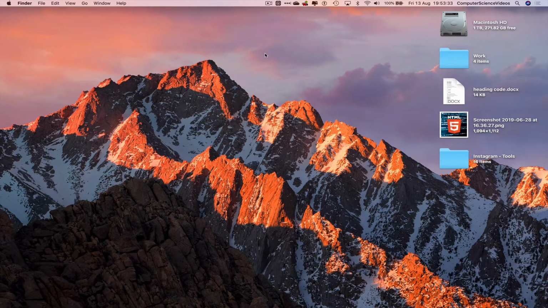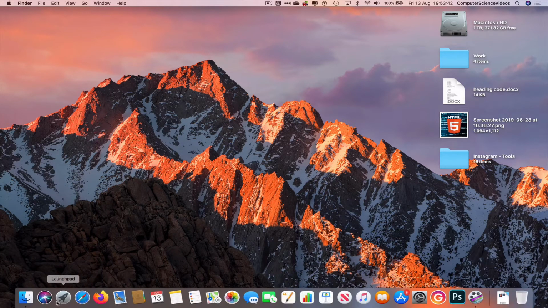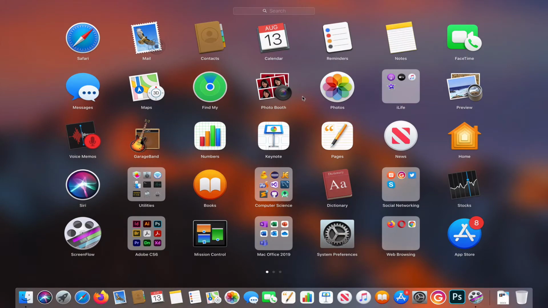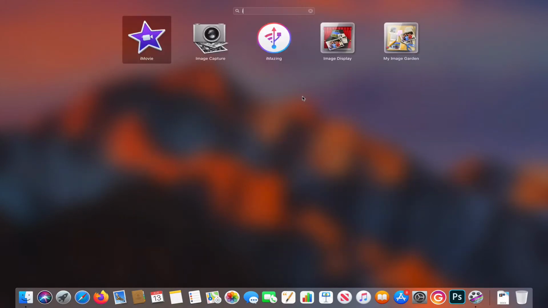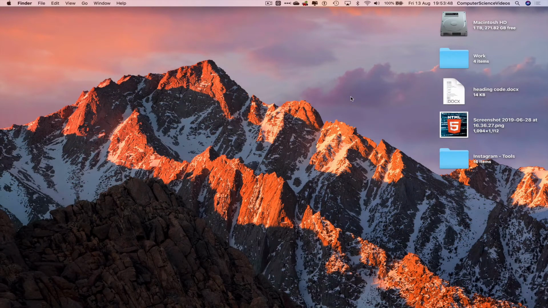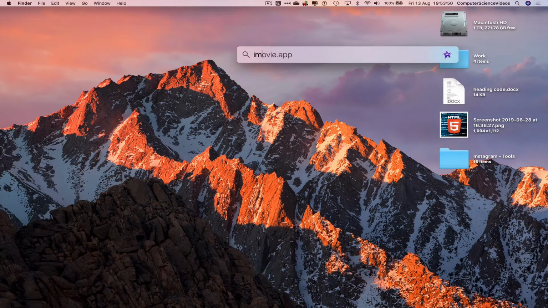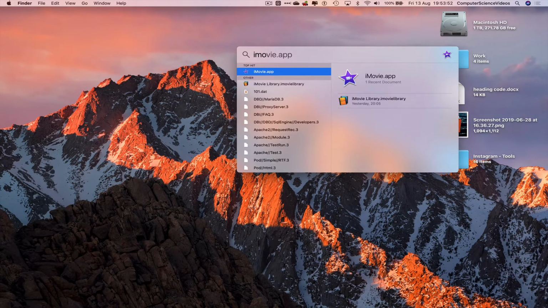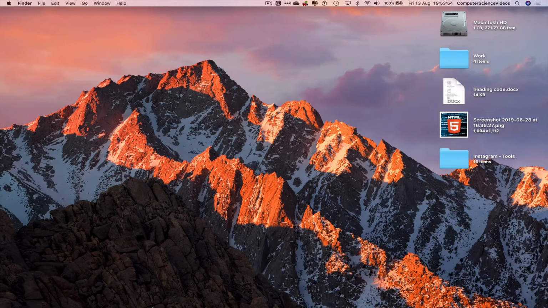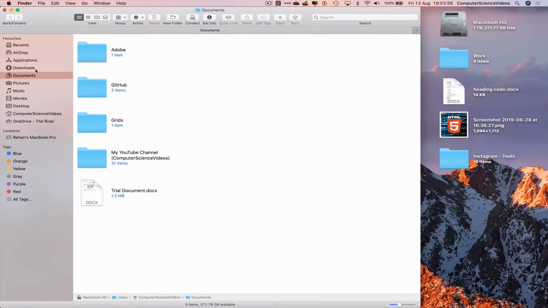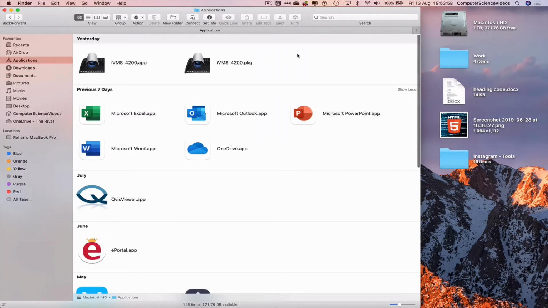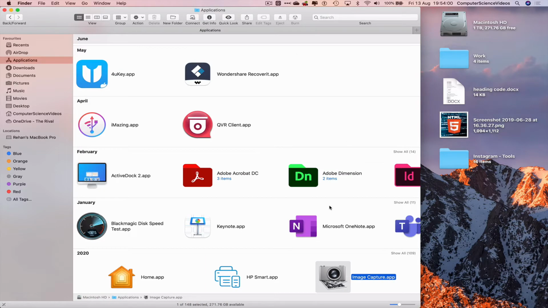So in this tutorial, you need to have access to the Mac computer itself, the application from the App Store. So we can now go all the way down to the dock, go to Launchpad, search for iMovie, or we can go back to the desktop, Command Space, search for iMovie through a Spotlight search, or we can go all the way down to the dock, go to Finder, go to Applications, go to iMovie, or we can search iMovie,